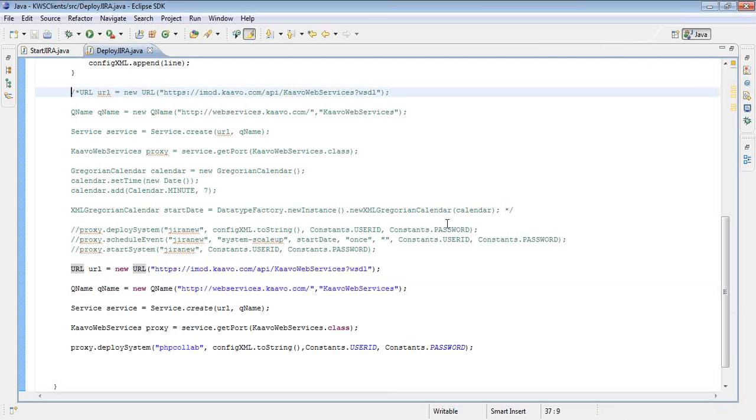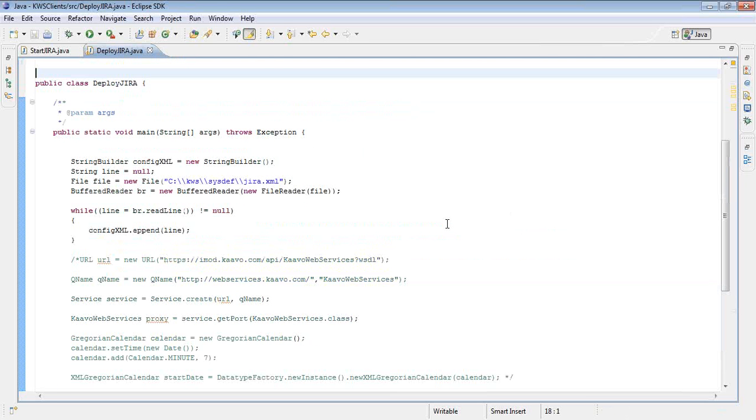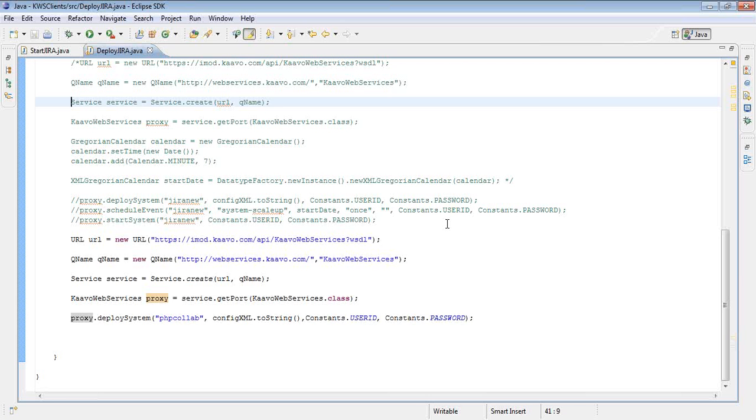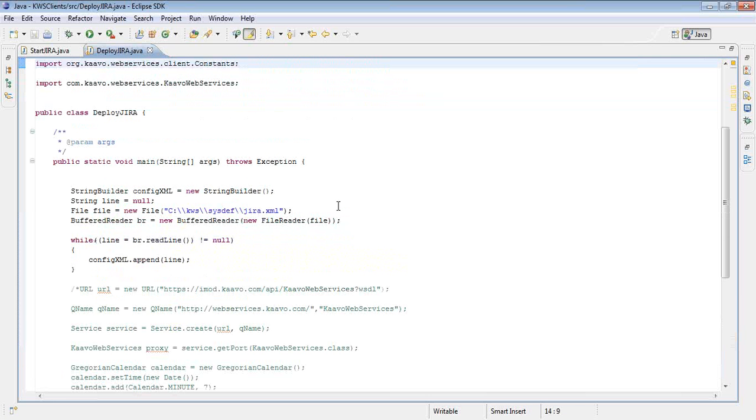So I have the code for reading the XML, and I have the code for deploying the system from that XML. All I have to do is specify this XML and how to do that.